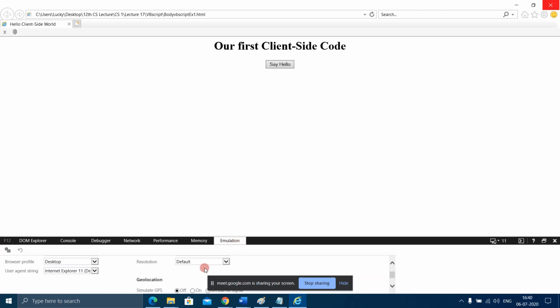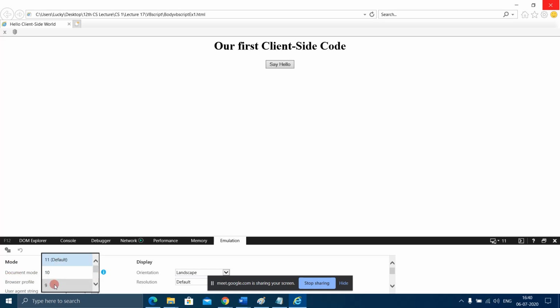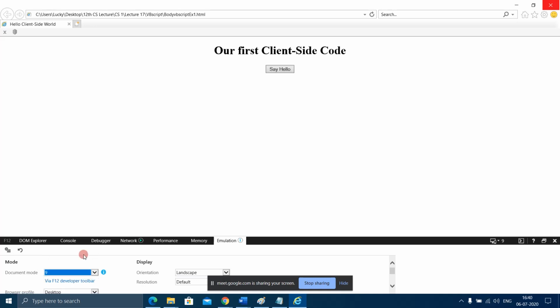Select emulation, and in document mode go below 11, or I'll select 9. So this is a simulation or emulation of Internet Explorer 9, though it is a higher version. This is Internet Explorer 11, but I can come down to version 9 also. So let us see if it's working. See, there's a message window popping up, hello world.